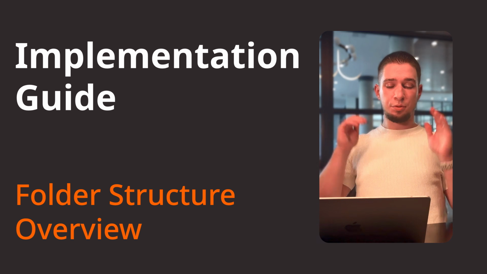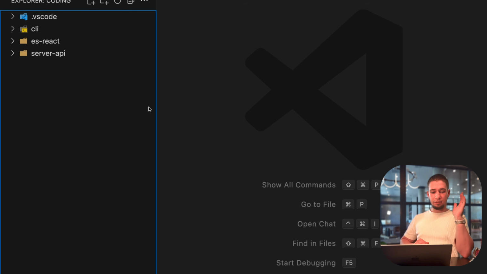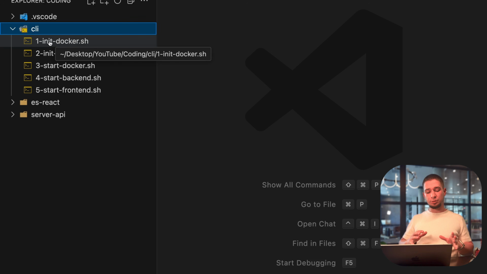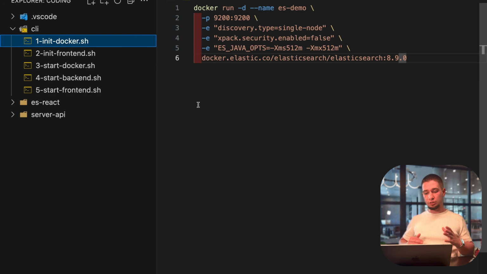And if we discover why we should use that, how can we implement it in our system? Let's discover this question. You can see here 3 folders: CLI, ES React, and Server API. So basically, as we're doing here, usually I have some preset CLI commands for you, so it will be easier for you to understand how this works. So we have Docker. That's the first one that we'll take, and we'll try to understand how it works and why we should use it, because this one is what we should rely on when we're testing. So that's quite an important one.